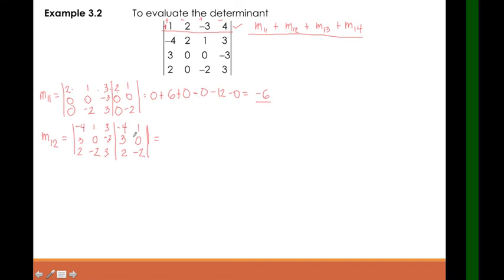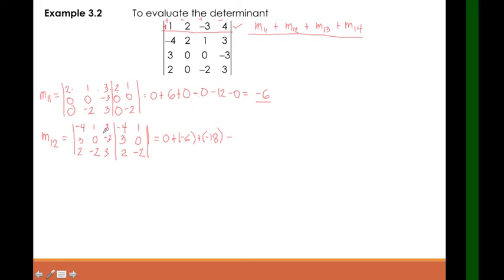Negative 4 times 0 is 0 na yan, di ba? Plus, 1 times negative 2, 3 times 2 is negative 6. So, negative 6 yung answer natin. Please correct me kung medyo nalilito lang ako. 3 times 3 is 9. Times negative 2 is negative 18. So, plus negative 18. Yan. Okay. Next, minus,